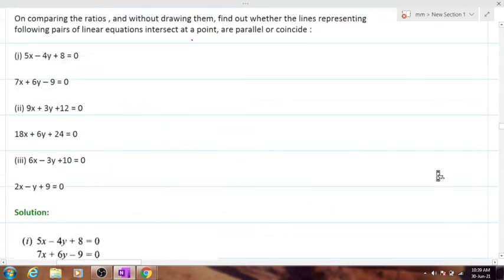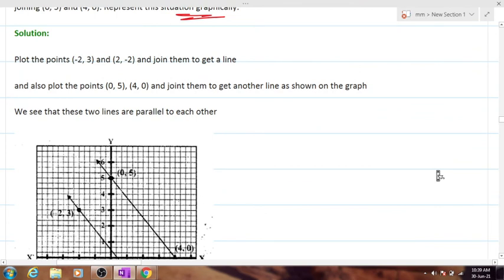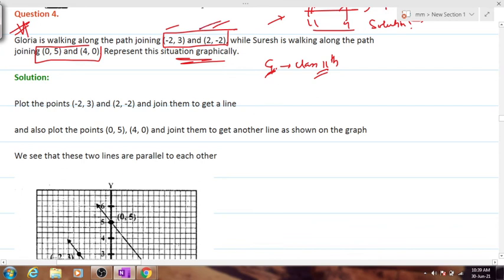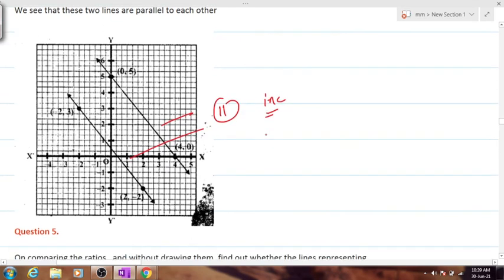Sir, can we confirm it without plotting the graph? Without forming the graph, you'll have to form the equation. Okay, without forming the graph, no, first of all, we'll form the equation using these two and these two. Once we get the equation, you can do it, right? The equation formation is in class 11th. Okay? Yes, sir. Now, ये बन गया graph. So we see out here the graph formed is parallel, so we'll say it's inconsistent. Clear?